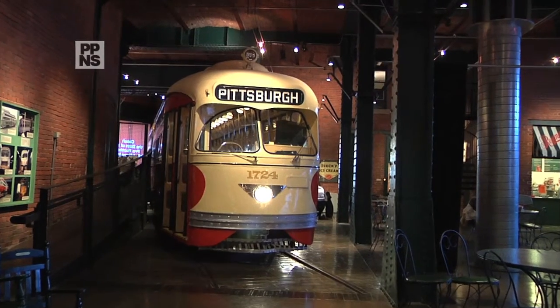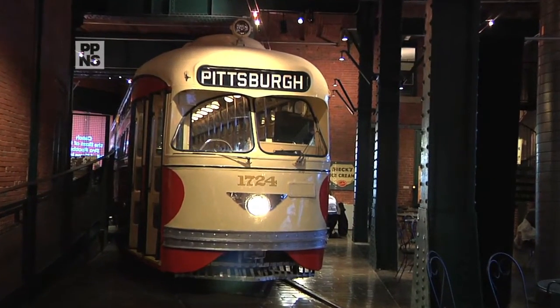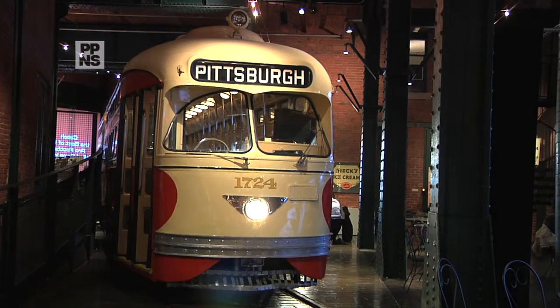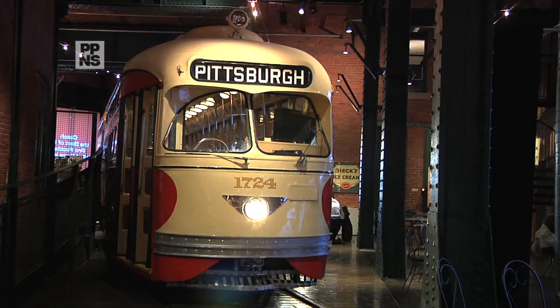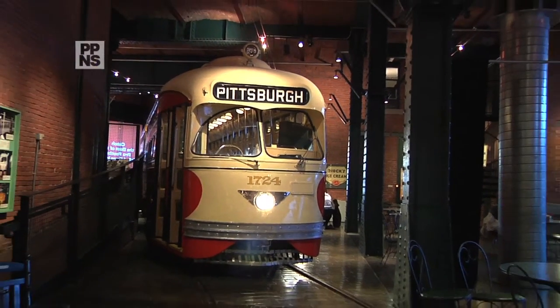It was a place where, our trolley sits in the Great Hall, giant rail cars full of ice would come from the upstate lakes of New York and then be distributed throughout the city. So this building was built to serve an industrial purpose, and we've really reused it to tell that kind of